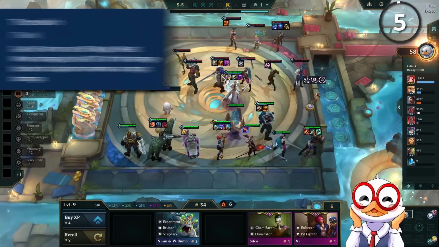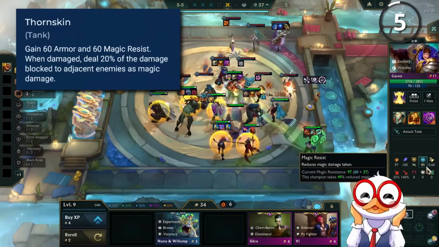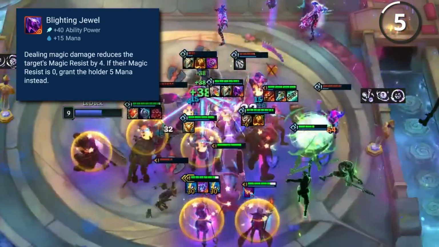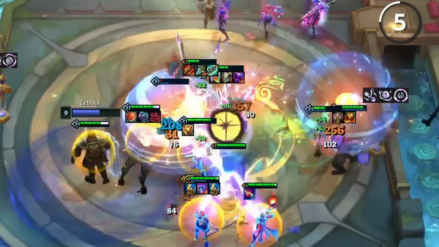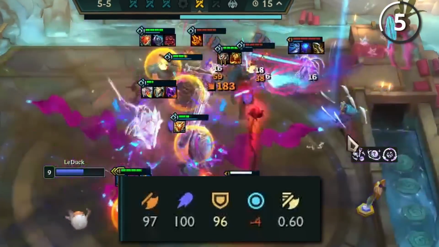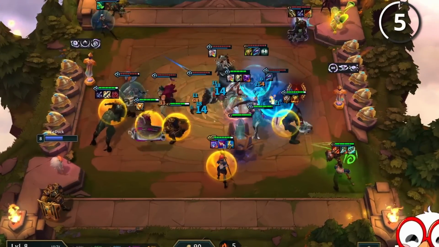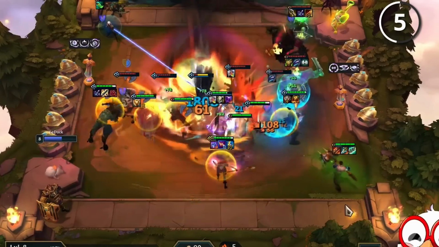While I did cover Thornskin in a short before, there are a few more things I would like to share. In case you don't know, Blighting Jewel has an amazing interaction with Thornskin because the anomaly doesn't have a cooldown. If you have an isolated frontliner with this combo, you can quickly reduce the entire enemy frontline to 0 magic resist. By itself, this is a very powerful effect, but you still need a team that can make use of this. For example, if you give the combo to Mundo,